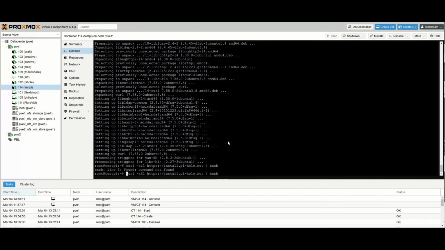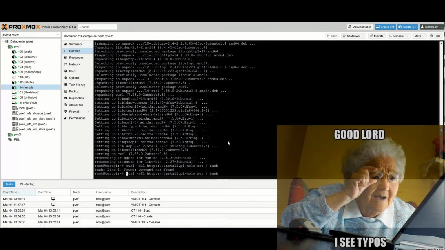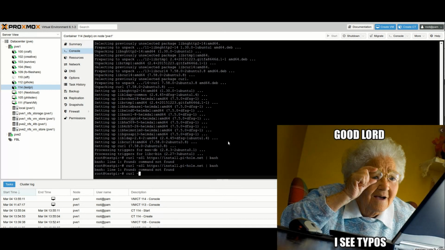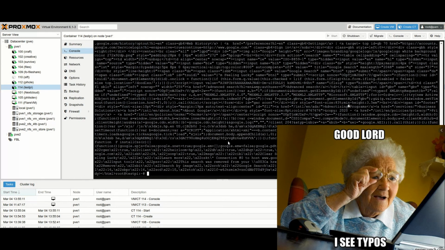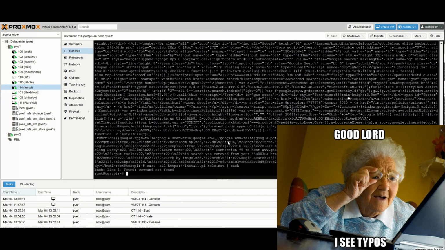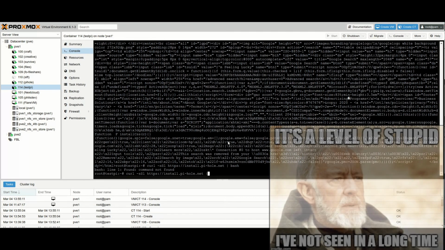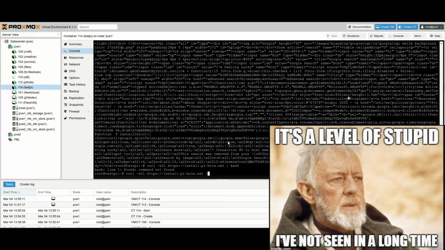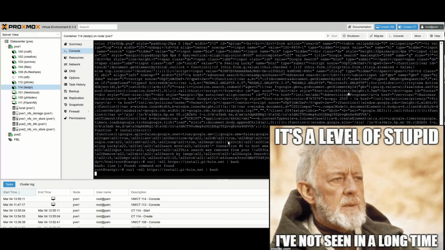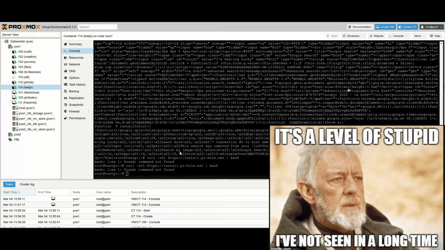And it's going to tell me it can't do something. What can it do? I just installed curl. Like literally. Yeah, it's there. Why are you saying that it's not there? Oh, it doesn't like bash. That's interesting. I had no problem doing that before. Okay, fine.